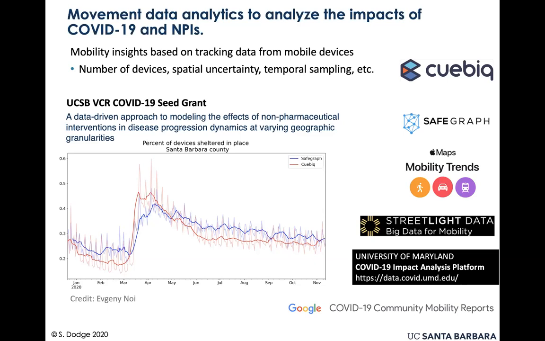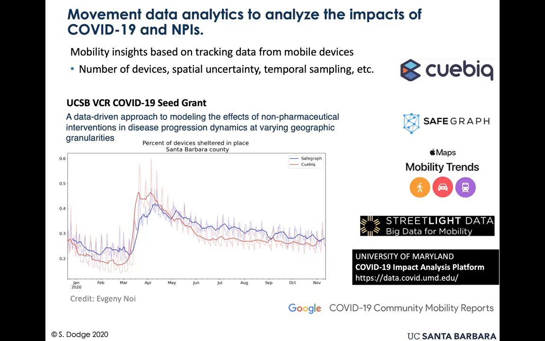But since the beginning of the pandemic, as a lot of you know, a lot of companies like Cubic, Safegraph, and Streetlight started to share their mobility data, and also Apple and Google started to share theirs, which is computed based on GPS trajectories of cell phone devices that they see in their system. And there is a great dashboard now at your university, University of Maryland, that also provides a lot of indices